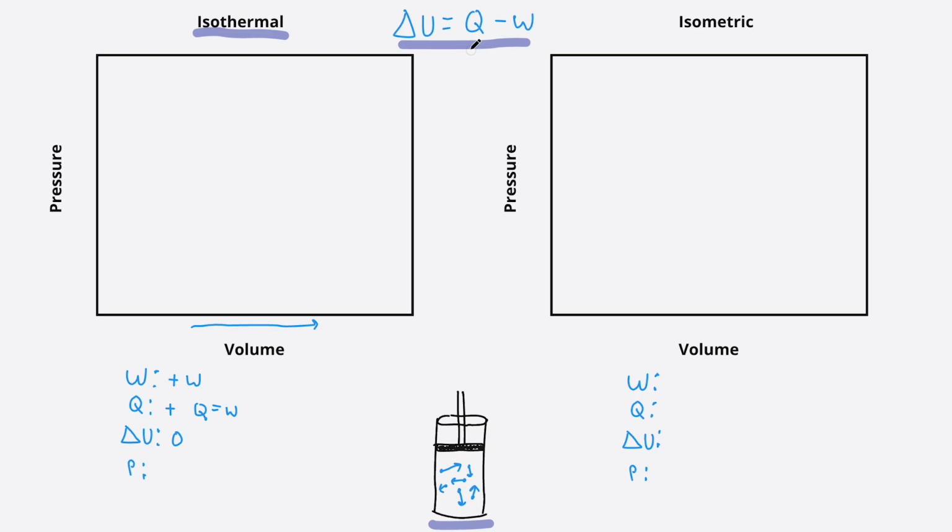Finally, in order to plot this, because we have our pressure on the y-axis, we need to think about how does this all affect pressure. And what we need to think about is that pressure is the result of all of the collective collisions of the gas with its surroundings. And we said that the internal energy is unchanged. So the gas is moving at the exact same speed, and we have the exact same amount of gas particles that we started with,